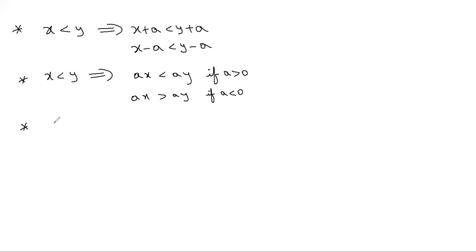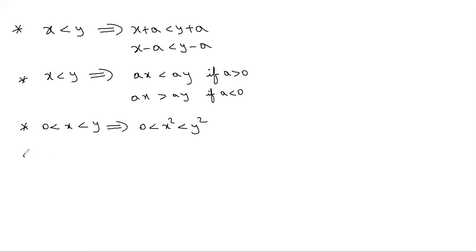And then, this is x less than y. After that, there are reciprocals, and then squaring on both sides for positive numbers. So 0 is less than x is less than y. If both numbers are positive, then we can square the inequality throughout. So it becomes 0 is less than x square is less than y square. If both are positive numbers, squaring is allowed and the inequality remains the same.